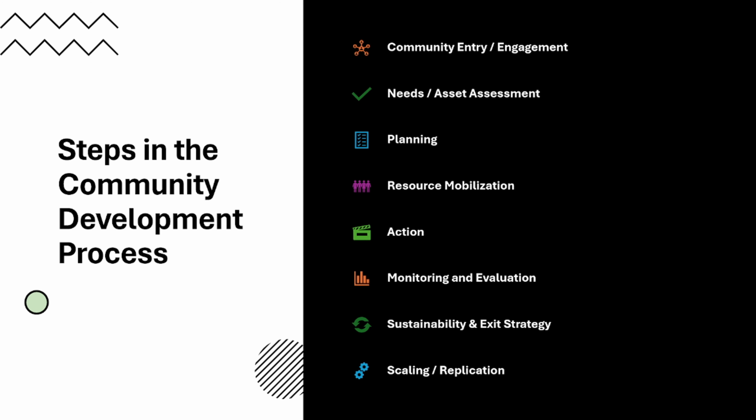Fifth step is implementation, or taking action. With resources secured, the community begins putting the plan into action, and this is where ideas become reality. Building infrastructure, starting programs, running events. It's important to stay flexible during this stage because things may not always go